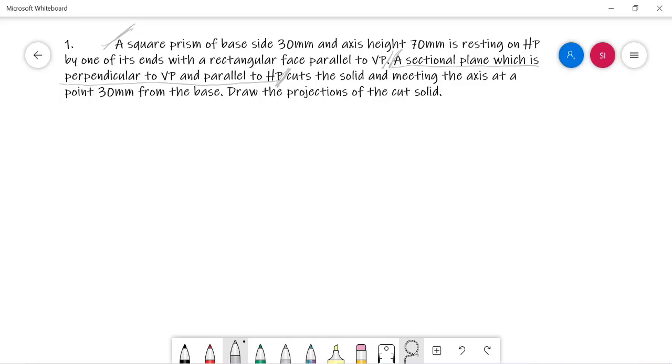So the cutting plane here is perpendicular to VP and parallel to HP, and the rest of the data gives where exactly the cutting plane cuts the solid. The cutting plane cuts the solid, meeting the axis at a point 30 mm from the base. So we need to use this data in proper sequence. First, we have to draw the solid.